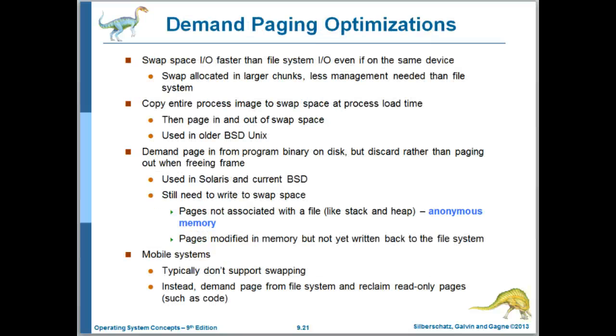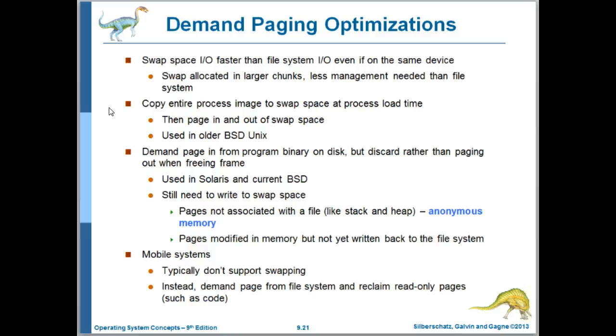There are a few optimizations that we can make. Rather than allocating a swap file within the file system, we can use a swap partition, and that eliminates file system overhead, speeding up swapping. We can then copy the entire process image to that swap space at load time. Of course, that's going to incur some overhead until we have that entire